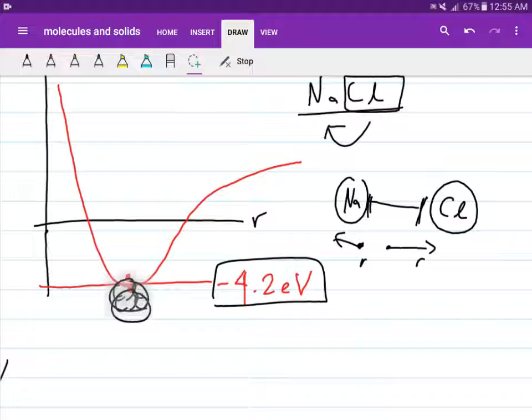So what happens now if you move in closer on this potential energy curve, R decreases, and it approaches a value that becomes repulsive to sodium. So hence, the chlorine atom sits at this minimum value of minus 4.2 electron volts. So this means that this is the most stable situation that this molecule will form, and this is also called